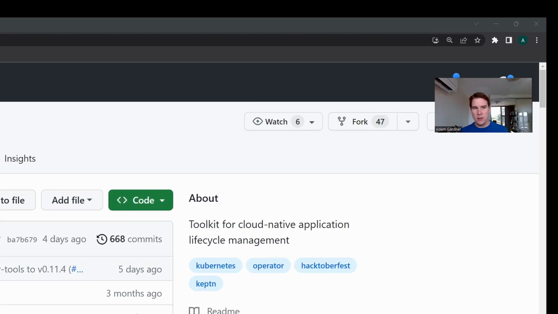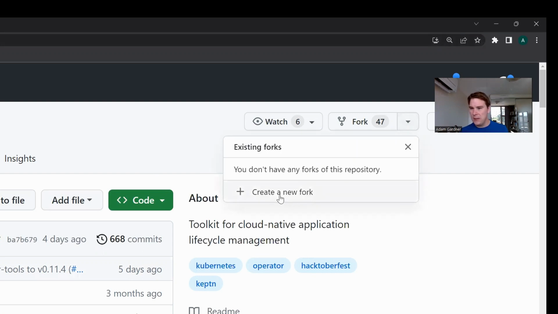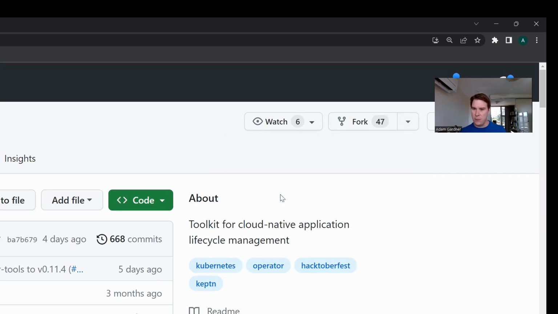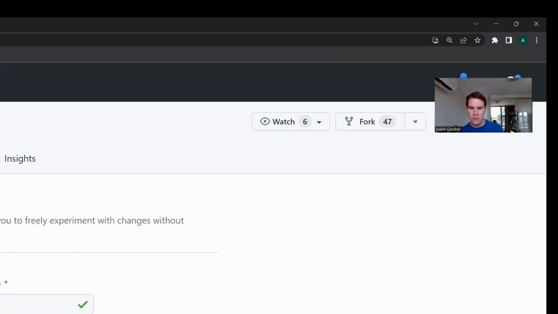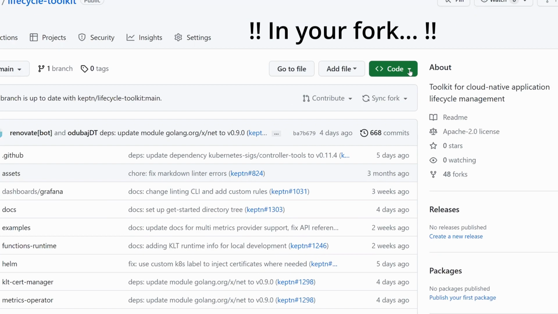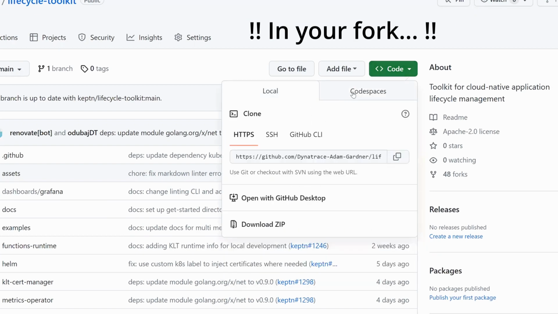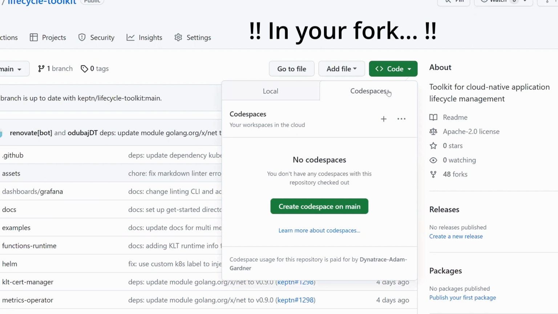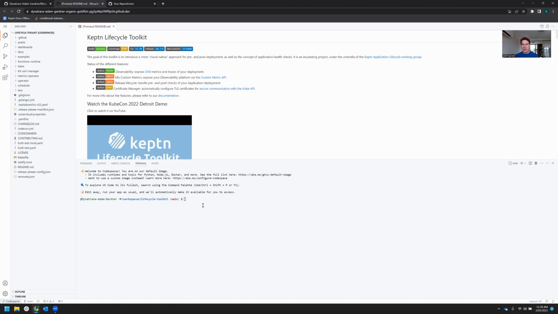The first thing you're going to want to do is go up to the fork button, and it'll say you don't have any forks of this repository. So go ahead and create a fork under your account. Go ahead and go to the code button and flick across from local to Codespaces, and then click the green create Codespace on main. So after a minute or so, you're dropped into this user interface, which if you've ever